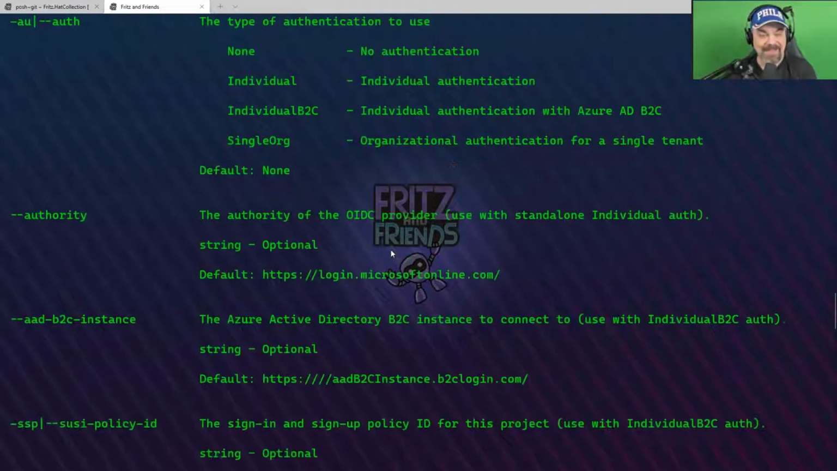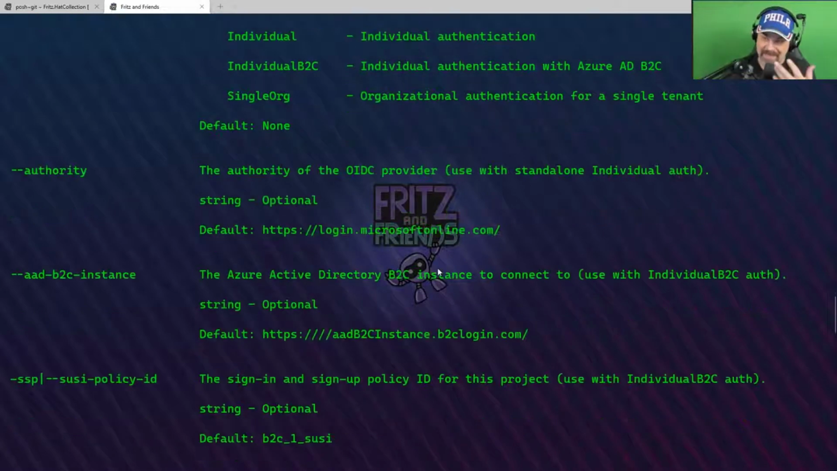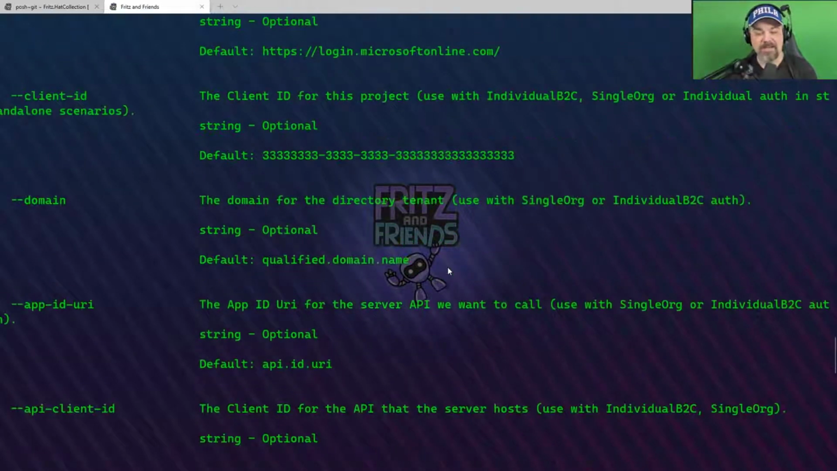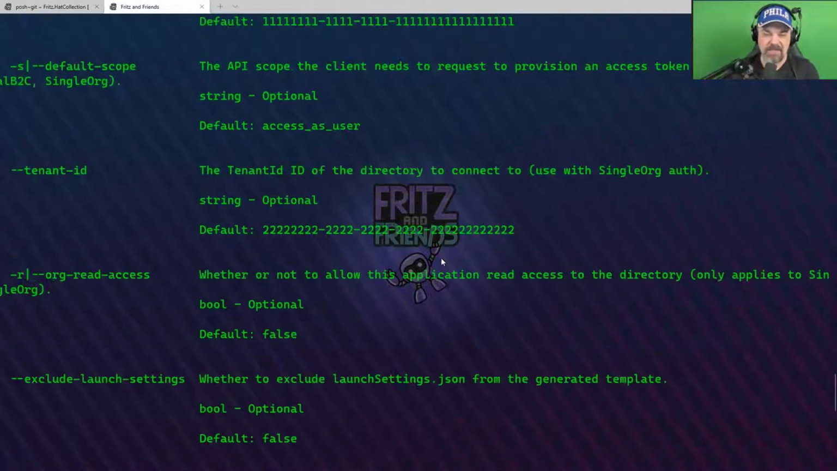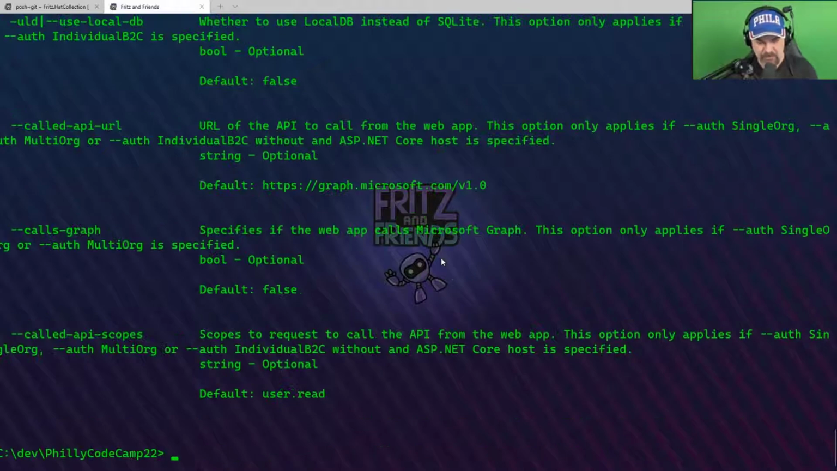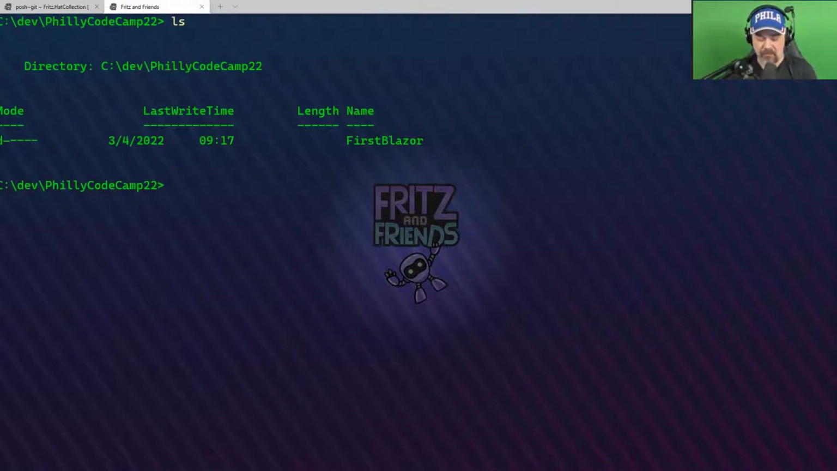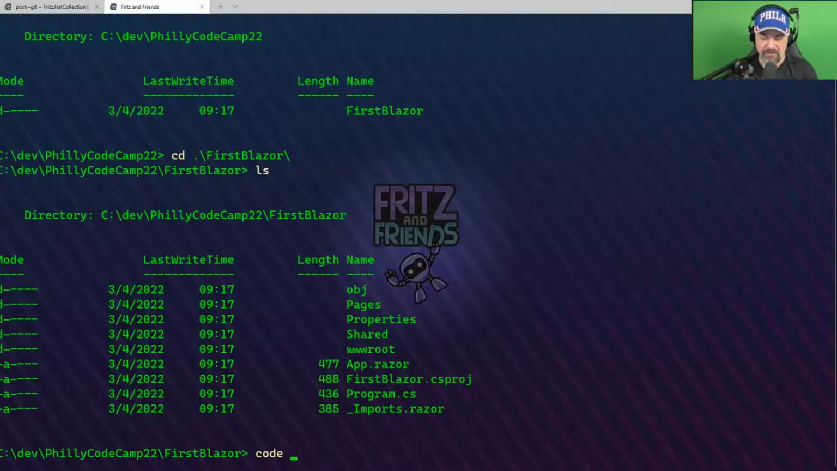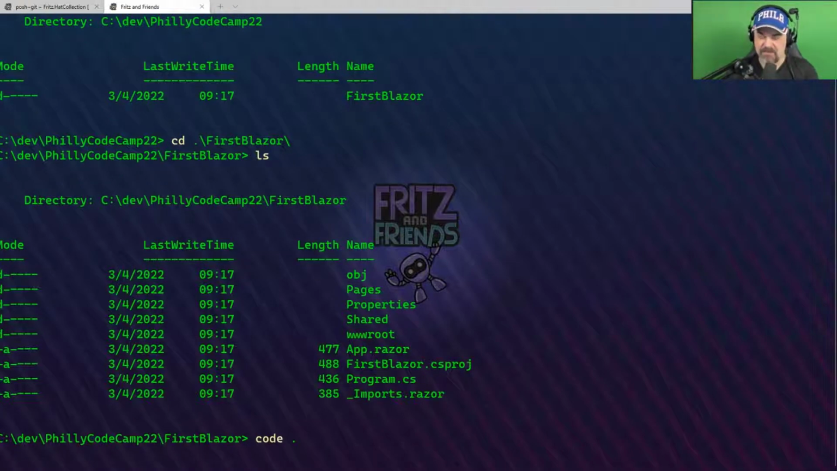You have choices here how you want to configure it. If you want to activate authorization, all kinds of great stuff here that you can configure. I'm not going to go through and reference all of these. You can spend some time taking a look at that. So I created that folder, first Blazor. Let's drop into that folder, and I'm going to run Visual Studio Code here. I like to use Visual Studio Code to kind of show in a first demo that you can really do anything you want, use any tool you want to get started with